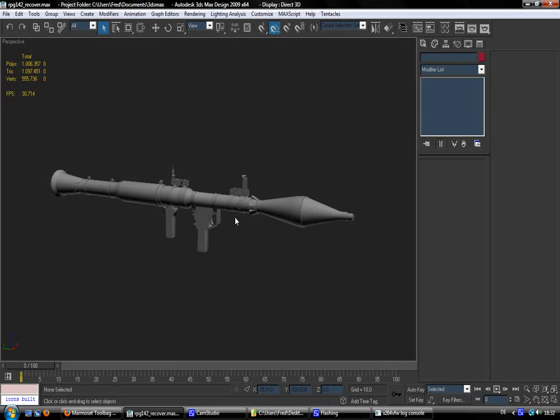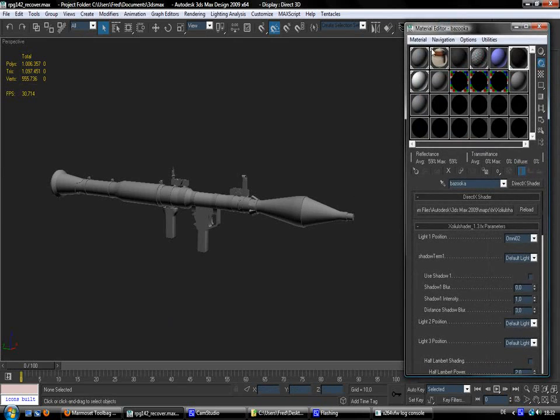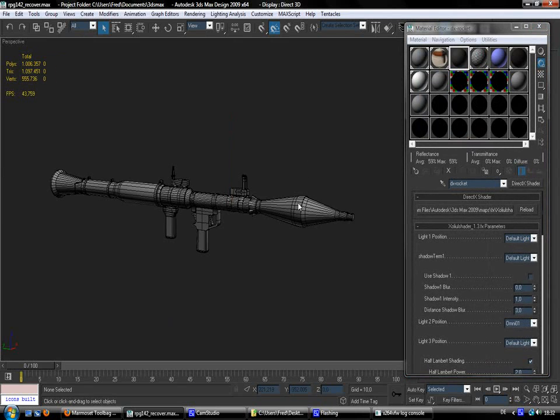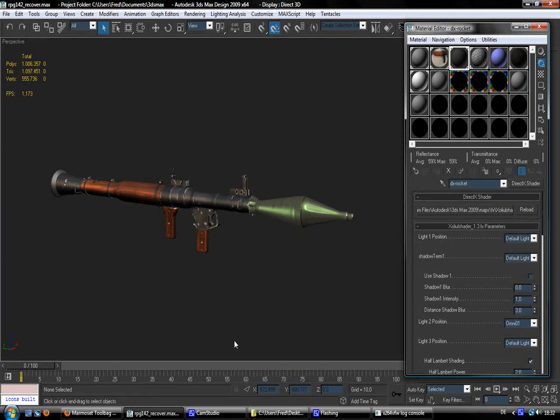Okay, and I did this model, and I also textured it. So I'm gonna show you now the model with the textures. Okay, so I have two pieces here, one for the rocket and one for the weapon, and that's why I made two materials. In this case, one for the rocket, there you go, and one for the weapon, for the RPG,